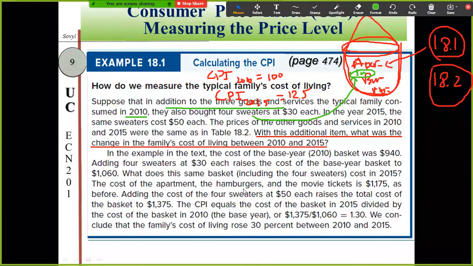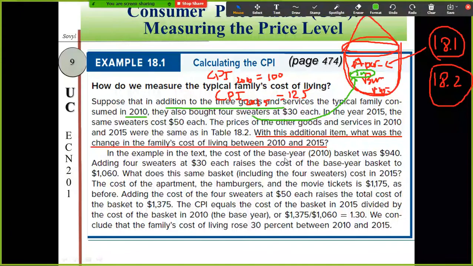The apartment, burger, and movie ticket stay the same, but we add four sweaters at $50 each. That's why the basket cost in 2015 increased from 1,175, the old cost without sweaters, to a new cost of 1,375. So if you know the cost of the basket in 2010 and in 2015,